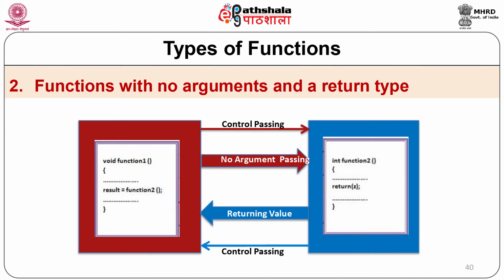In this, function 1 is the calling function, function 2 is the called function, and control passes back to function 1. You can see there are two programs, one program for function 1 and another program for function 2. Function 1 passes control to function 2, even though there are no arguments. You can see function 1 has empty brackets, it means arguments are absent. Function 2 has some instructions, in which you will find return z, it means it will return some value to the calling function, and after that control will pass from function 2 to function 1.